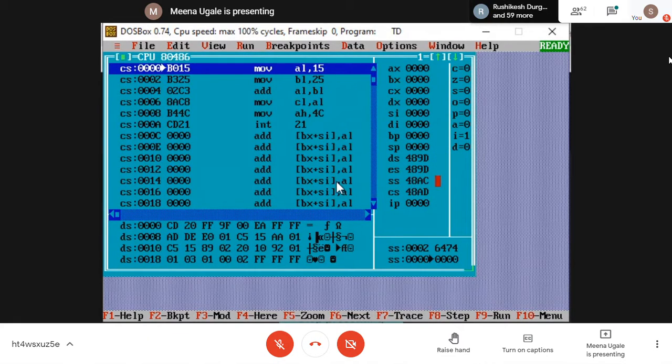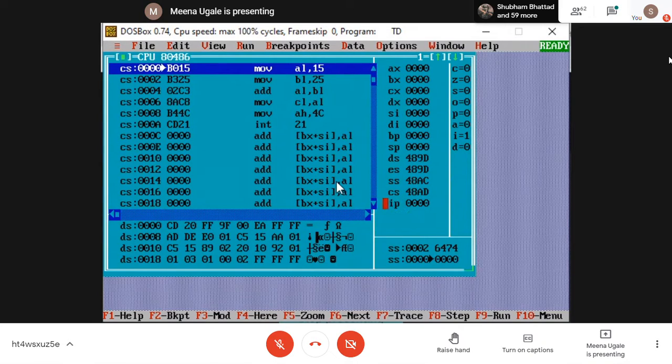So these are the base addresses for your segments. Any number you will find, maybe your numbers are different than mine, or next time when you run the program, you will get the same number or a different one. It depends on which memory your 8086 is assigned right now to work with this TASM software. This is again a simulator. So based on that, you will get some numbers here.